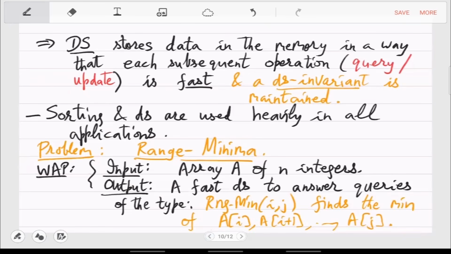So of course, you have seen that a sorted array will be a good DS for this, but it will cost time n log n to actually design this DS and make the first query, right? So the question I think here is that can you do it faster than that? Is there a way to not spend this time of n log n? Because you are already given an array which is unsorted. So if you decide to sort it, then it will take this merge sort time. So is there a way to avoid it? Is there a DS which can do faster and answer these queries?